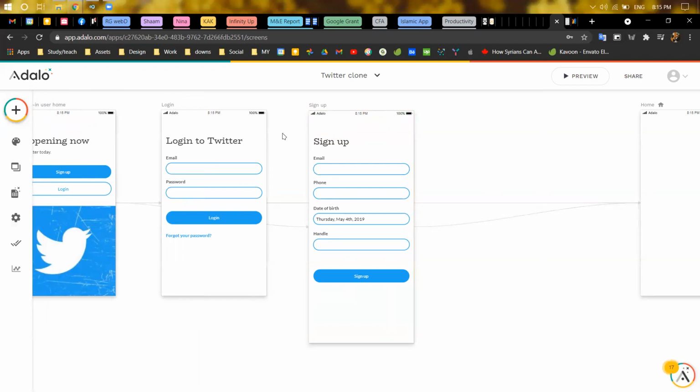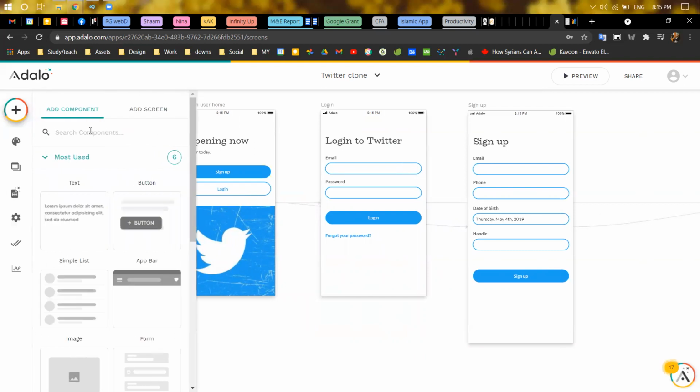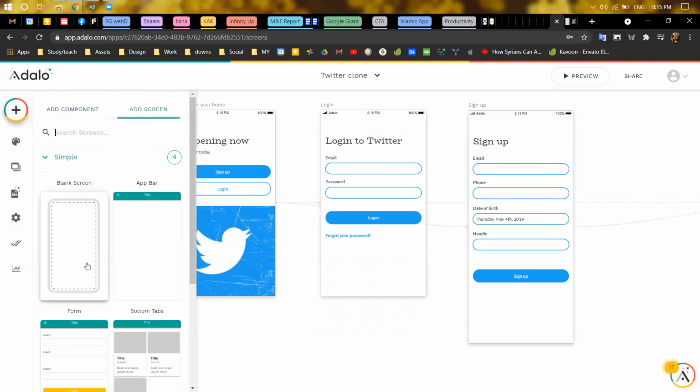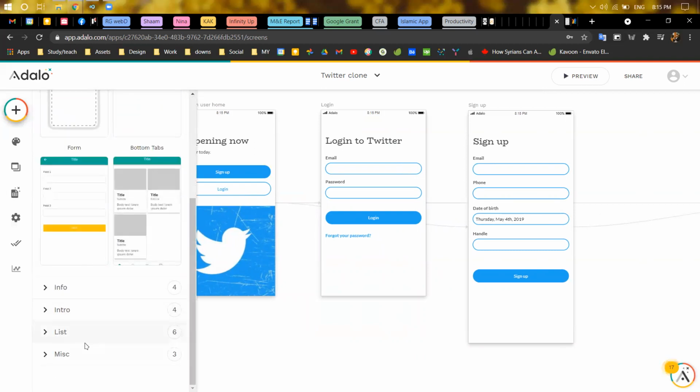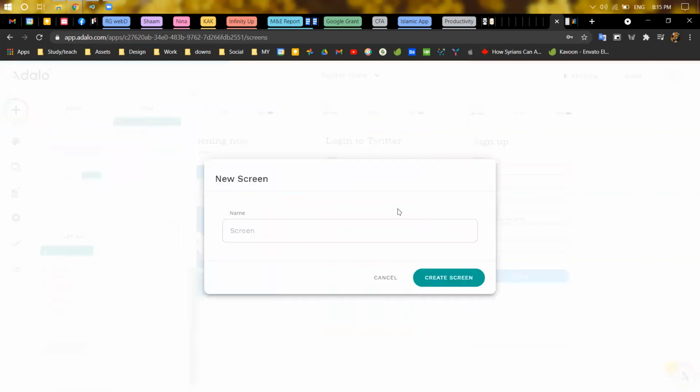Now this is one of the screens that you can see. Do the plus new screen. You'll see they have an add screen. Then you go down, and this is one that makes your life easier: miscellaneous, modal. Email validation. You probably want to do a different one for email from